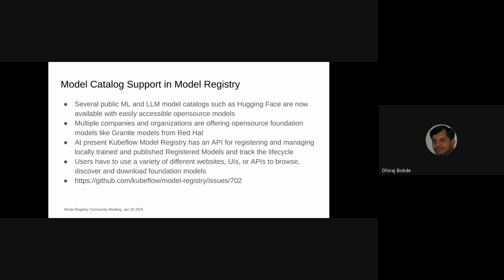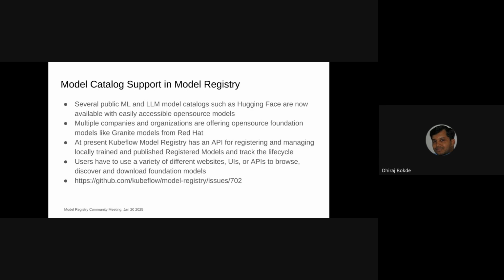The way the workflow works right now is that users have to access these catalogs separately through their own UIs or APIs, and download those models locally into their org, into their storage repositories,